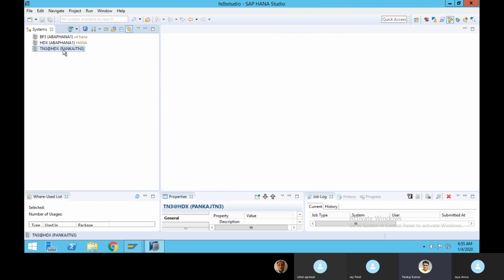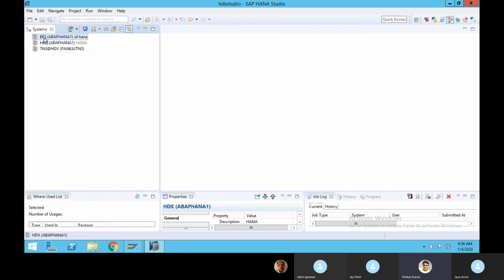Okay, you can see over here this TN3 is nothing but this HDX BF3. The HANA database administrator people have created all these three instances, and these instances actually are representing the different systems. They are having another system where they are using the BF3 instances of HANA database, HDX instances of HANA database.